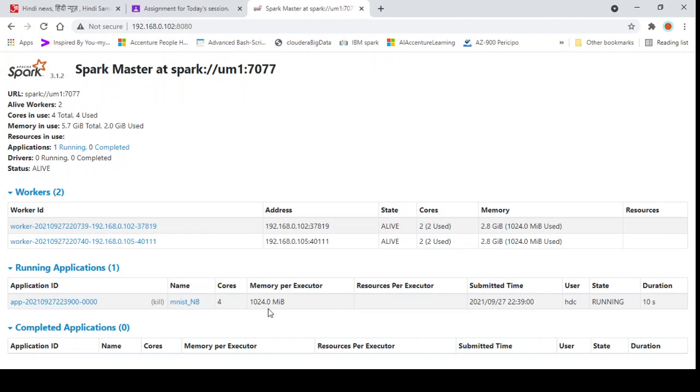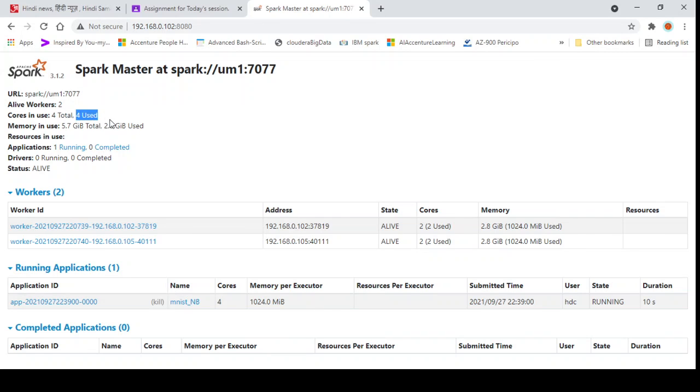And memory per executor is 1024. It's the default, you can change it. Although you have 5.7 gigabytes, it's still using 2 gigabytes, because by default it assigns 1 GB per executor, and we have launched two executors on two virtual machines, so that's why it took 2 gigabytes only. But if you configure it in spark-env.sh, then it will take more also.